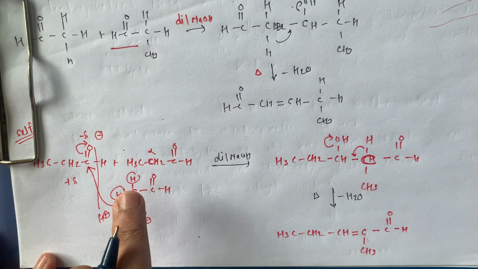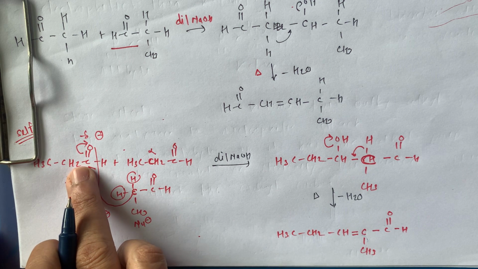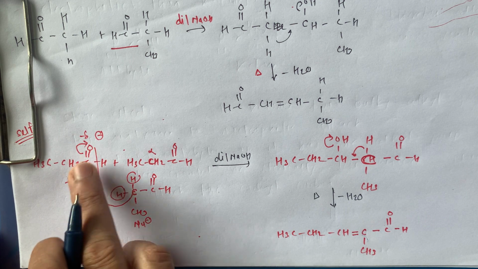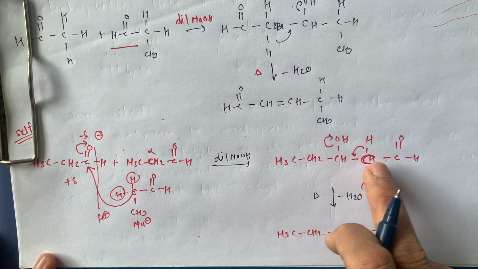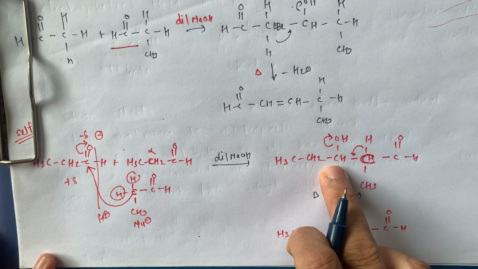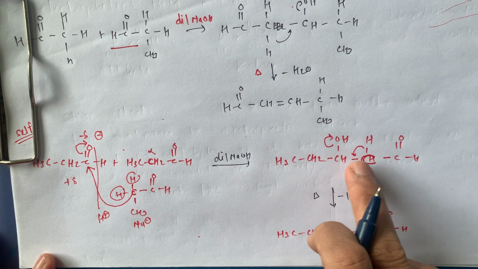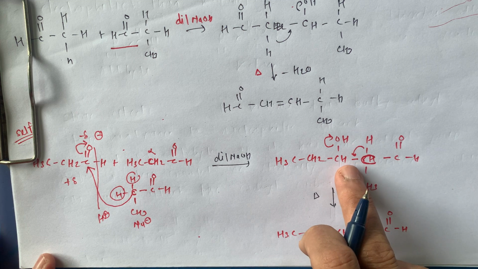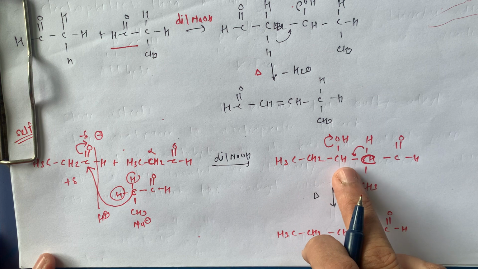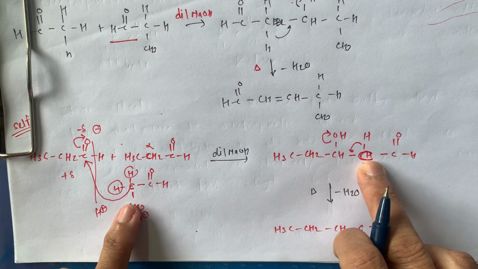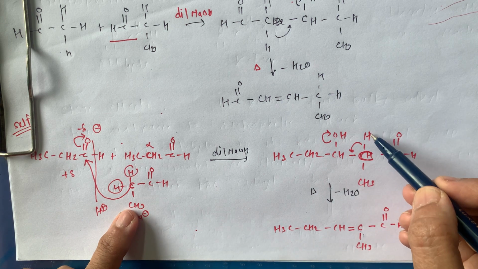Remember this. I am going to repeat again: the alpha carbon is going to form a bond with the carbonyl carbon. So there is formation of a bond. There is an addition reaction. Addition takes place here. And here it is the formation of CH3. So what is remaining here? One H is there as it is, CH3 is there.